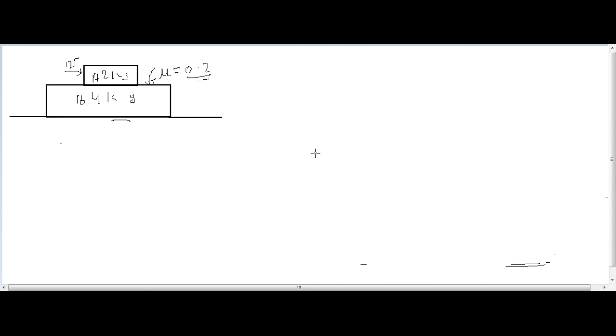So there must be relative motion. If there is relative motion, then